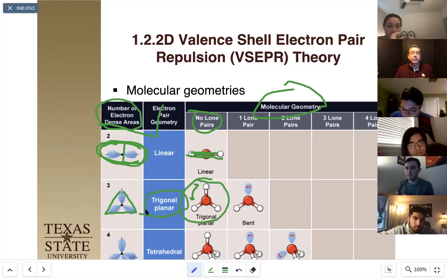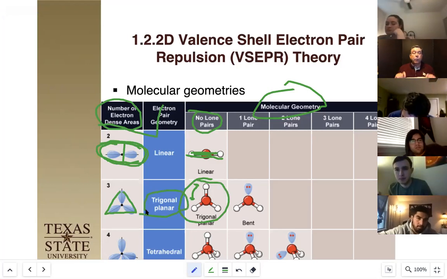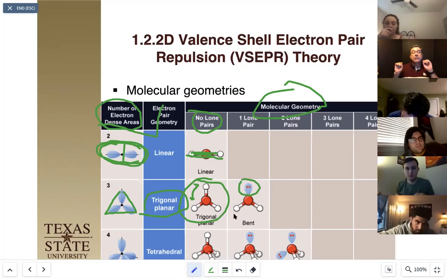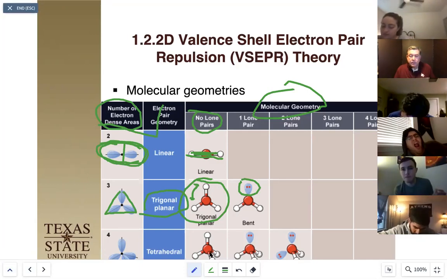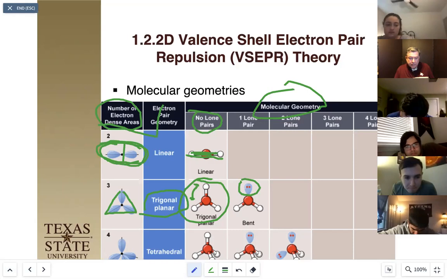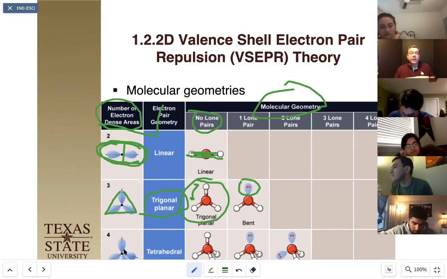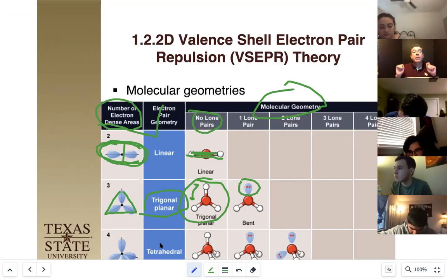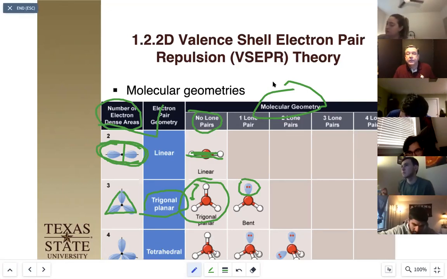It's still trigonal planar. However, if one of those electronic domains is not a bond, then it has a single lone pair, and the molecule's molecular geometry is now bent. Okay. Now, can you see the bottom names on here? On this slide here, they're kind of blocked out from me. But once we get to 4 electronic domains, what we see is that we can now have a wide variety of molecular geometries depending on how many